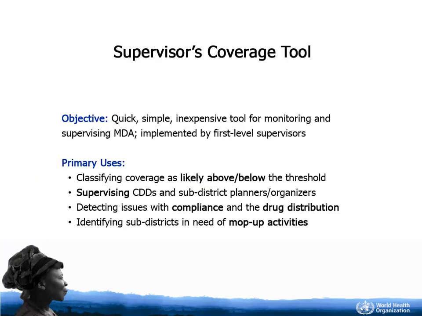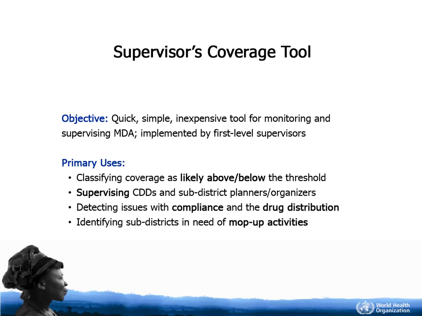The Supervisor's Coverage Tool, or SCT, is a quick, inexpensive, 9-step process which allows supervisors to identify areas where effective coverage may not have been reached. This allows for additional mop-up activities to be conducted to raise coverage in problem areas before MDA round reporting is